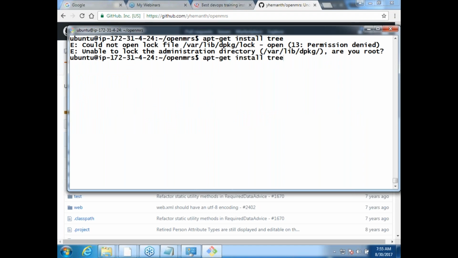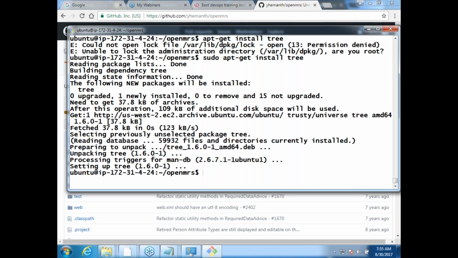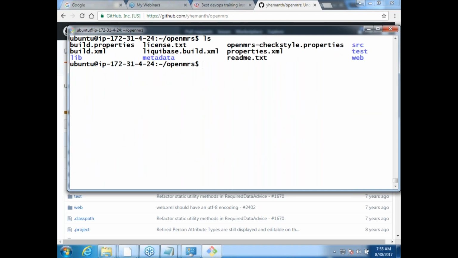Oh man. Okay. So here, this is not the file which you are looking for. It's okay. Let me delete this. rm minus rf open.